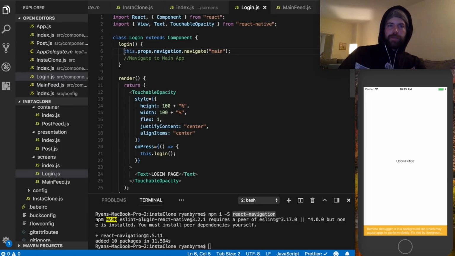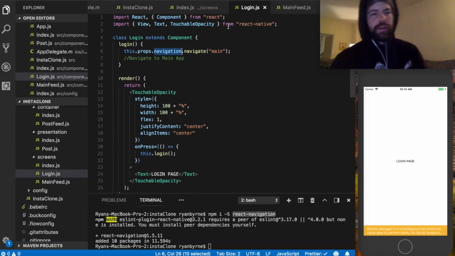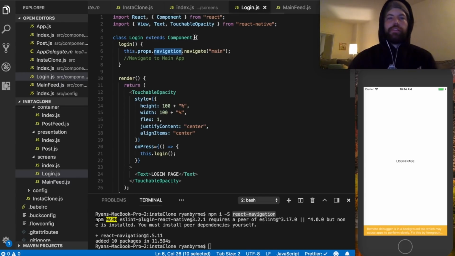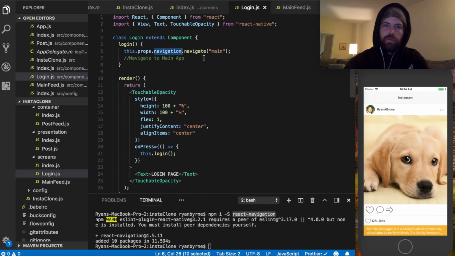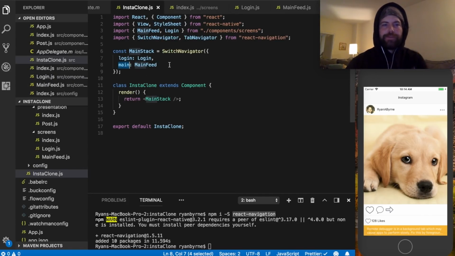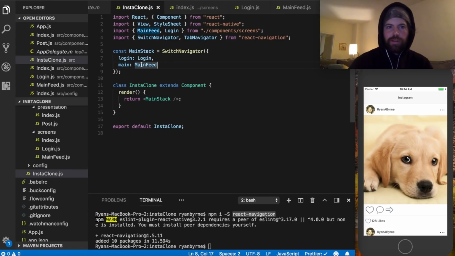So this.props.navigation, this navigation prop is given to us through the React navigation higher order component. Again, don't want to get too far into it. Just imagine that it gives us these extra functions that we can use. And there's all sorts of stuff, but for our purposes, this is good. So we have some way to navigate between these screens now, which is cool. And then here, we navigate to main. That maps to our key right here. That's working. But what if instead of this main feed, we want this to be